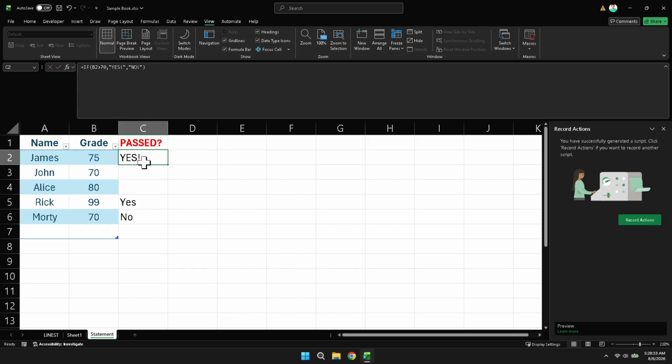You should now see the result for the first student. To apply the same formula to the rest of the list, drag the formula down through the remaining cells in column C. Excel will automatically adjust the row references for each student, making it a fast and efficient way to evaluate the entire column. That's how you use the IF function in Excel to return a simple yes or no